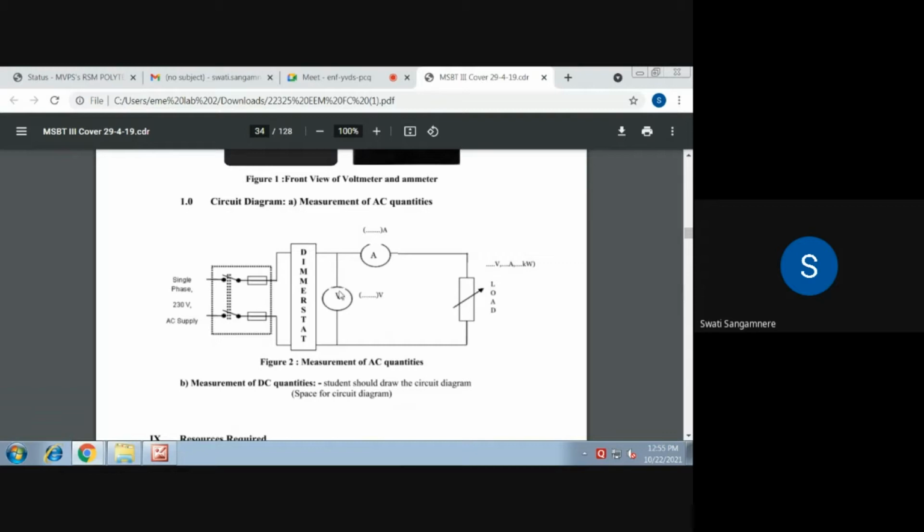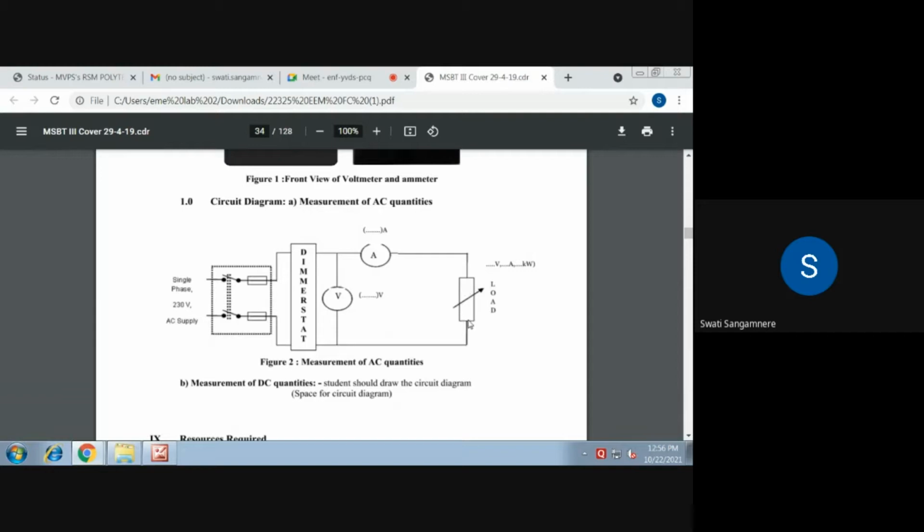Then the common terminal of this voltmeter is connected to the common terminal of this ammeter. We use the ammeter for measurement of AC current. Then the range terminal of this ammeter is connected to the first terminal of this load bank. In our practical we use a resistive load bank. We connect this load bank because current depends on load. As the load varies, current also varies. So for this purpose we consider this load bank.